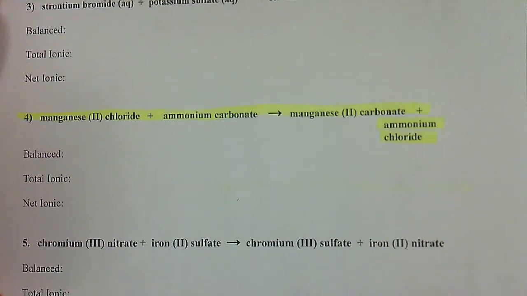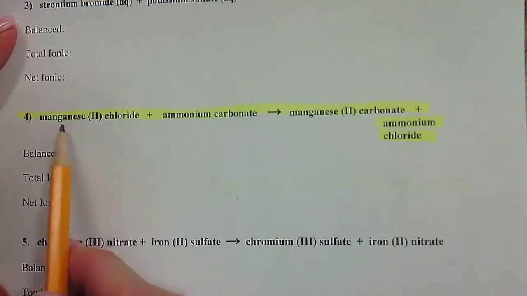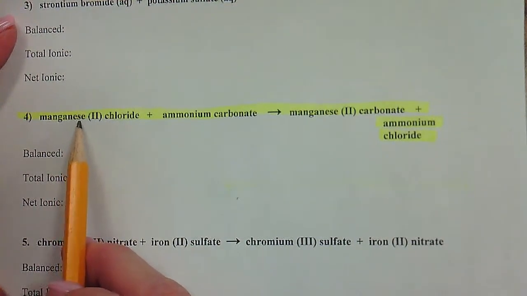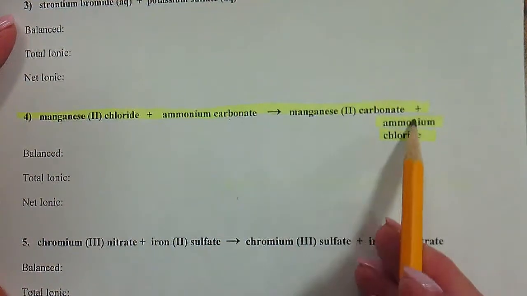Hey there, this is pages 9 and 10 in the Solutions Unit homework. This is net ionic equation practice. I'm going to do a couple of these on pages 9 and 10. The first one I'm going to do here: manganese(II) chloride plus ammonium carbonate yields manganese(II) carbonate plus ammonium